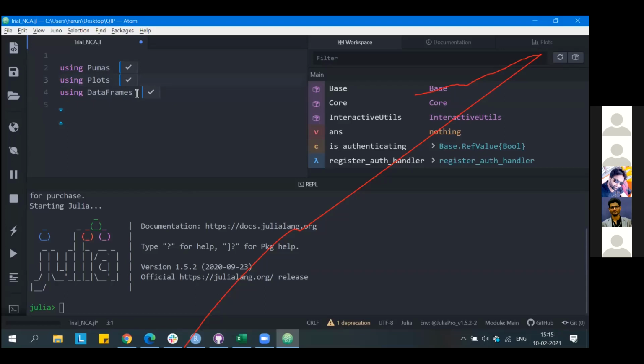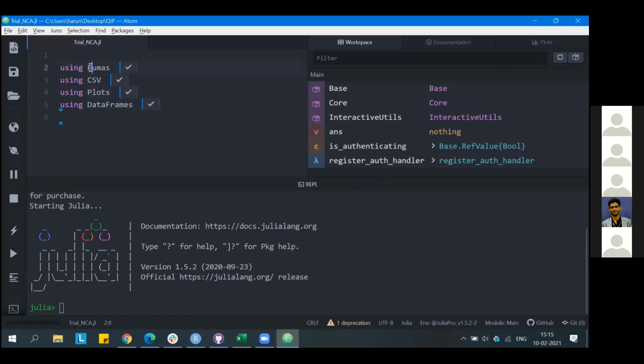Sir, when I'm typing Pumas and the other packages, Plots, CSV, it is not coming. No, as I mentioned, since we are dealing with a programming language, the computer takes each and every character as it is, and we have certain syntaxes and naming conventions which we should follow. Here, if you see, it should be completely lowercase, followed by Pumas.